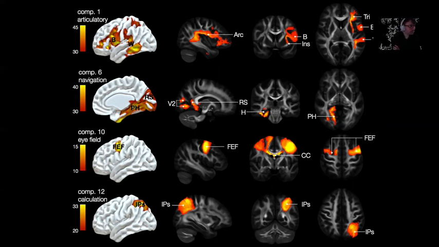The sixth component that was correlated with navigation disconnects the parahippocampal gyrus from the retrosplenial cortex and involves the posterior branch of the cingulum. We can also see some disconnection from the visual afferents that are really important for navigating yourself in space. Component number 10, which was correlating a lot with functional activation in healthy controls